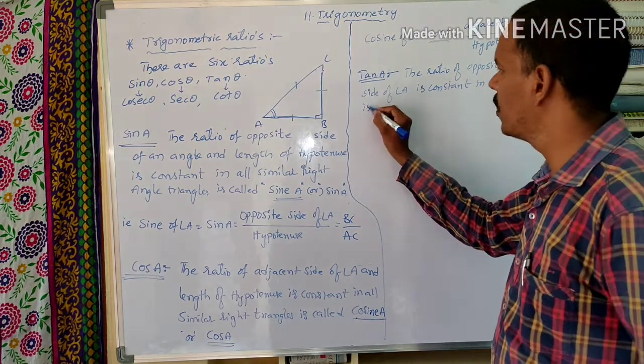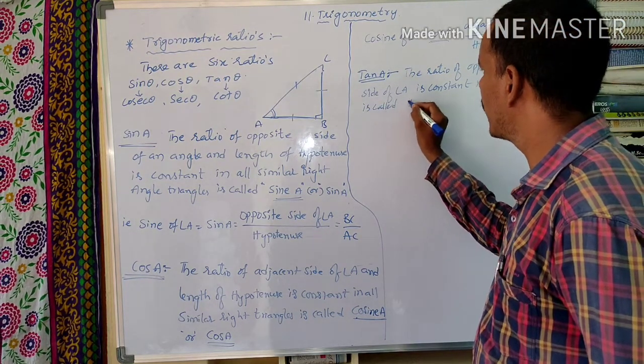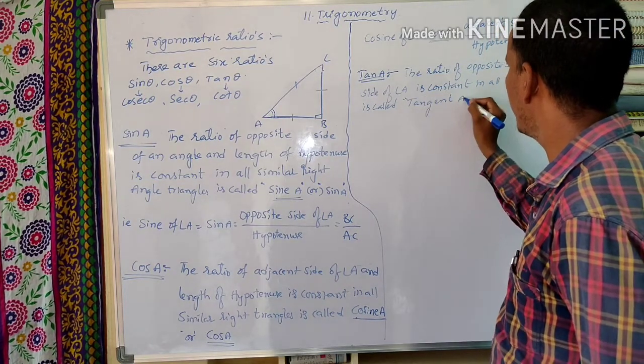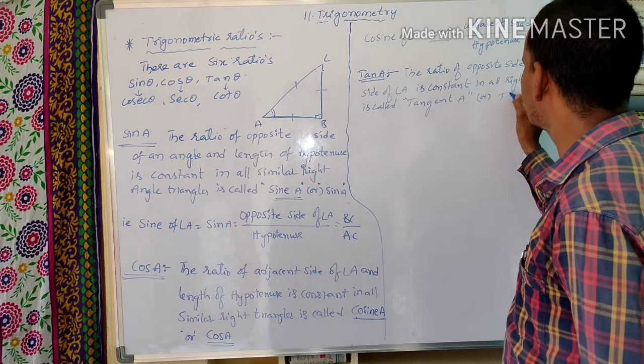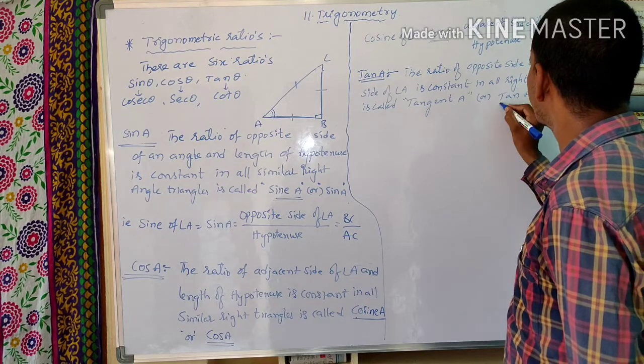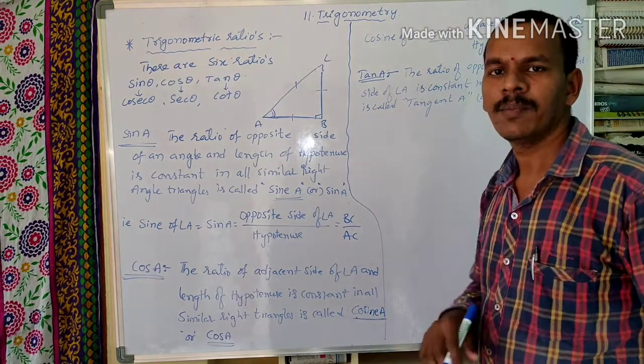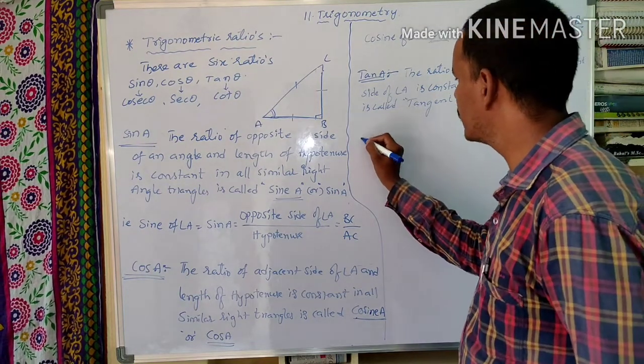Is called tangent A. What is that? Tangent A, simply written as tan A. So it is tan A. Tan A is nothing but